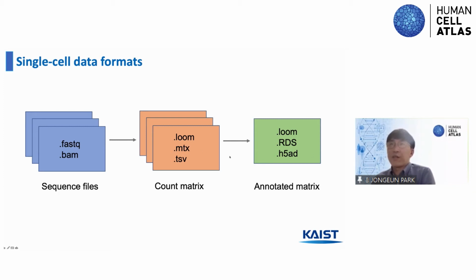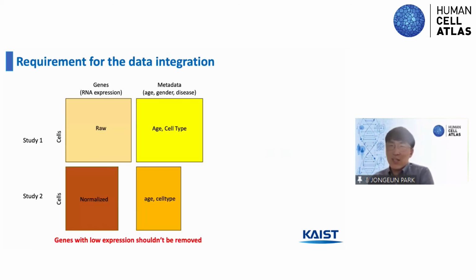And then finally, by study, we merge all these count matrices and we annotate them with the different cell type annotations, and we also include metadata. So for a data scientist like me, the main interesting starting point would be the annotated matrix, which is already merged and coherent and has all the metadata. But actually, there are a lot of hurdles when we try to integrate multiple data sets that have been generated